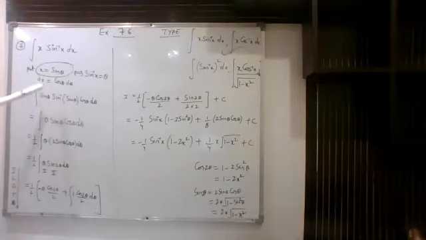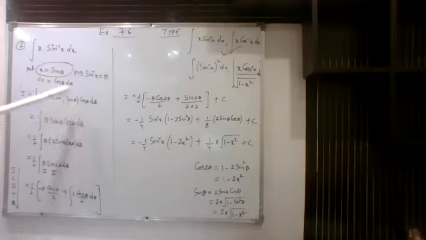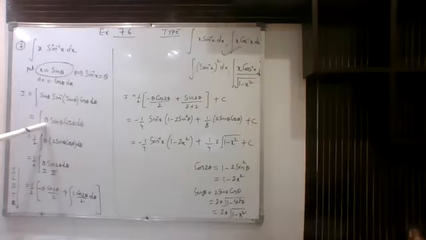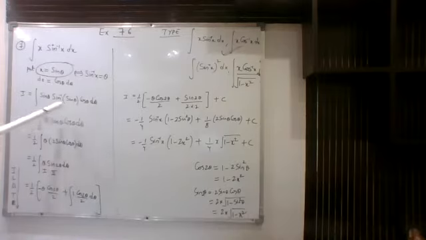Now let us change the question to theta form. In place of x, I can write sine theta. This is sine inverse sine theta. And in place of dx, I can write cos theta d theta. Now here, sine inverse and sine will cancel out. So I am left with theta, which I had written over here, and we are left with sine theta, cos theta, d theta. This is what we'll get when we convert this to theta form.